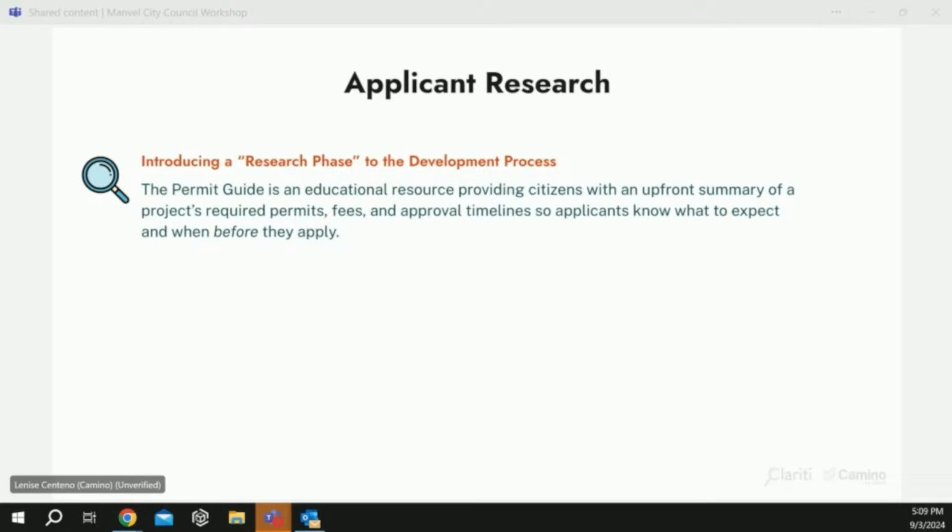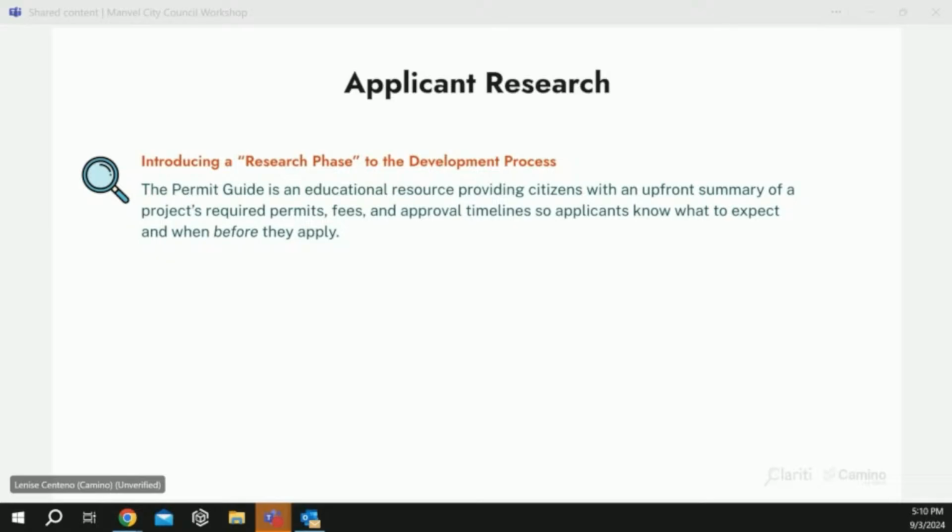So in addition to providing an on-demand platform for citizens to facilitate this research, the information provided to those users is tailored to that applicant and their project. This is based on various factors such as the project type, GIS and parcel information, and the scope of work. For example, if the parcel is part of the ETJ, or if there's going to be a dumpster on site and this is a commercial property within the city of Manvel limits, we want to provide info for that.